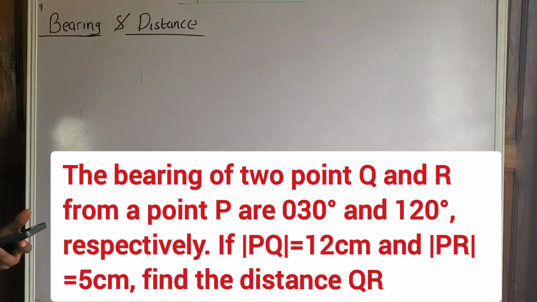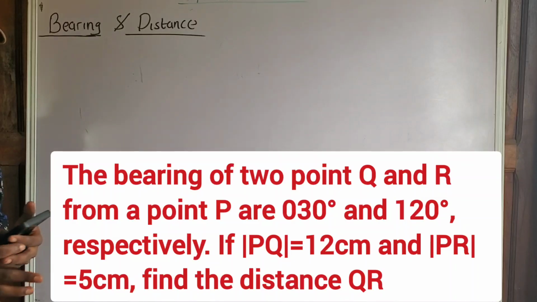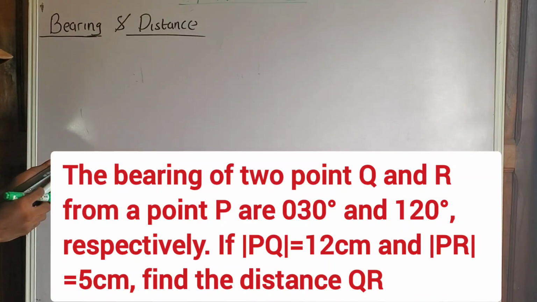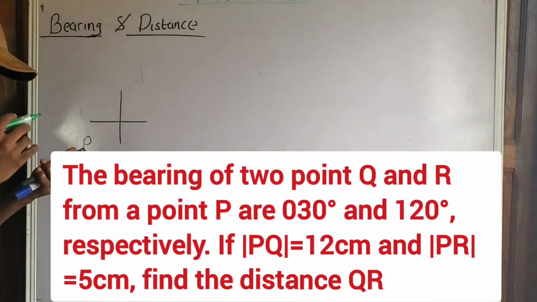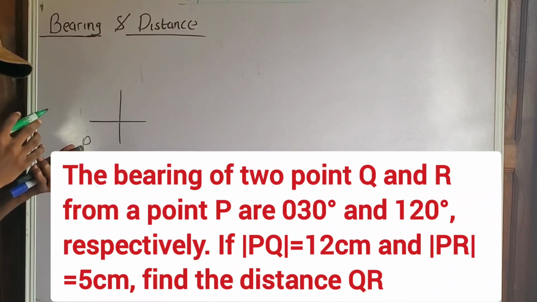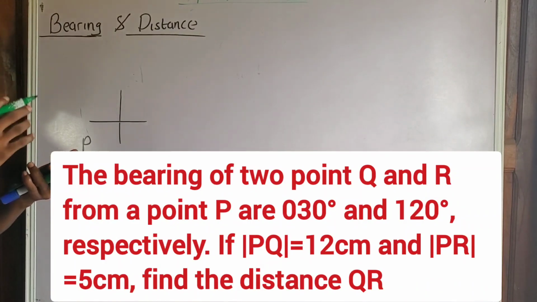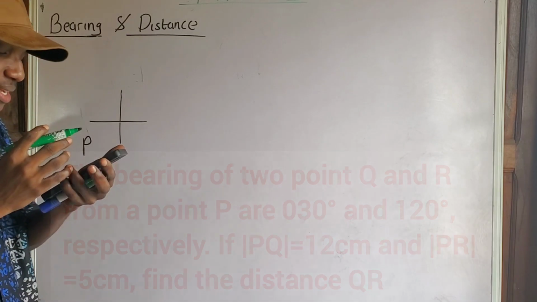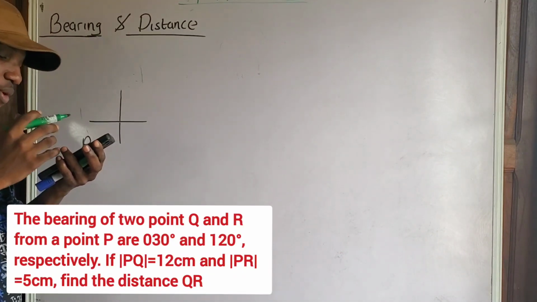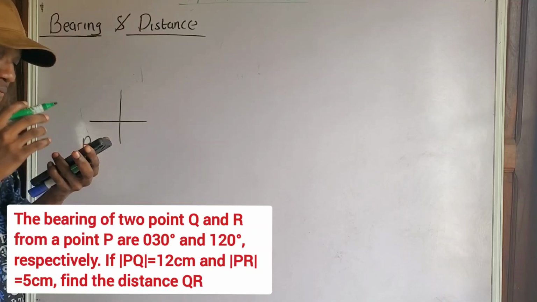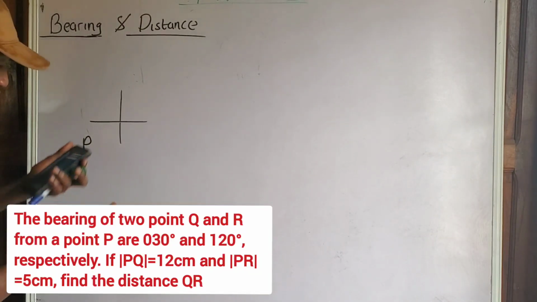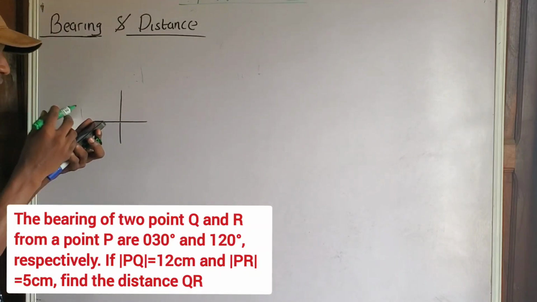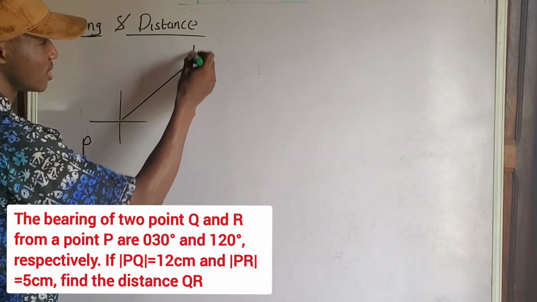Okay, you see in bearing, you first have to draw out the diagram. So let's start by drawing the diagram. The bearing of 2 points Q and R from point P. So let's first draw the P. This is point P. So the bearing of 2 points Q and R from point P are 30 degrees and 120 degrees respectively. Do you know the meaning? That is, the bearing of Q from P is 30 degrees and the bearing of R from P is 120 degrees. Do you understand? Okay, so let's start with Q. The bearing of Q from P is 30 degrees. So I'm going to have 30 degrees,